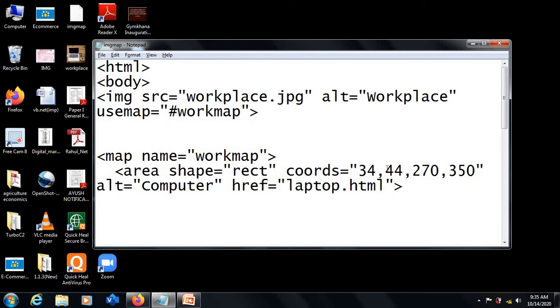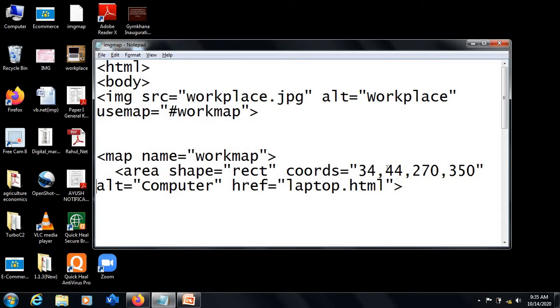And to end the image, from left again we have considered 270th pixel, and from top we have considered 350th pixel. Let me execute this and show.